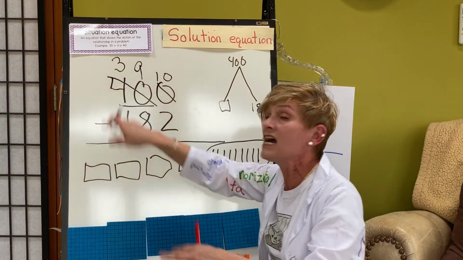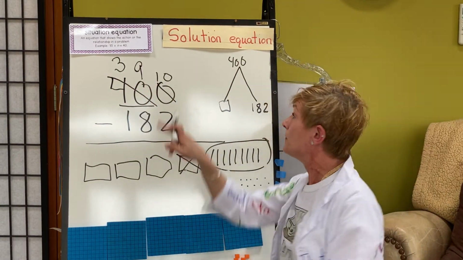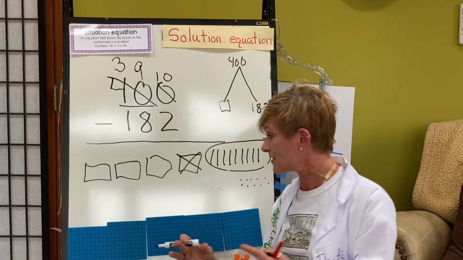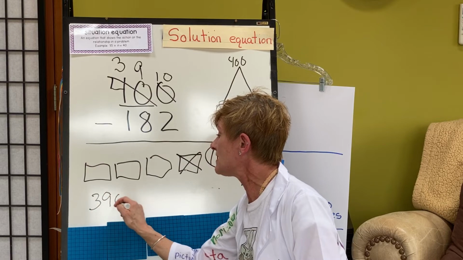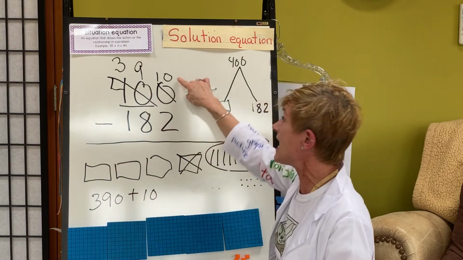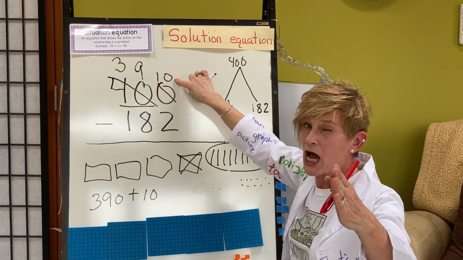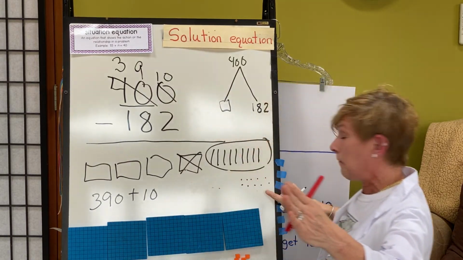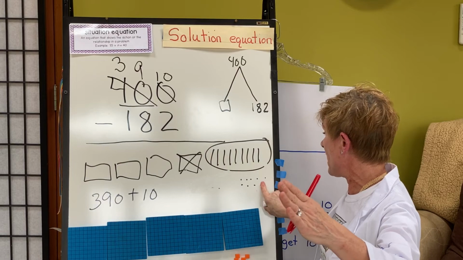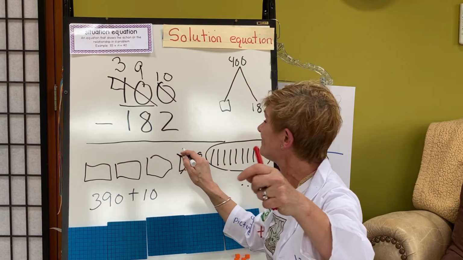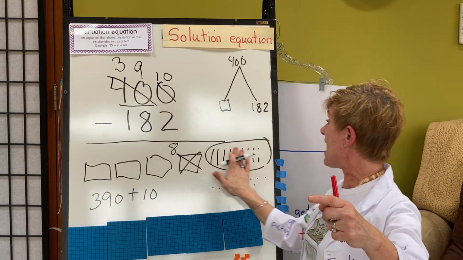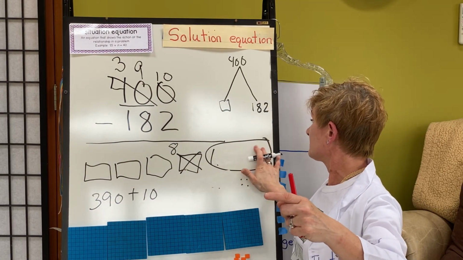I have 390 plus this 10. I still have 400. I just moved it to the ones place and ungrouped it. Now I can go 10 take away 2. Sure, I can take 2 away. I'm left with 8. 9 tens take away 8 tens. You bet. I'm left with